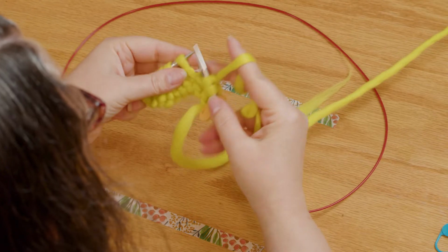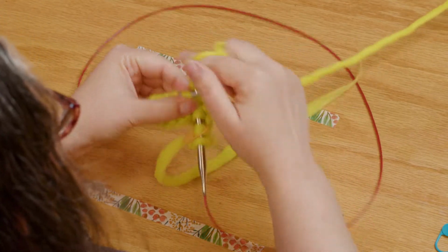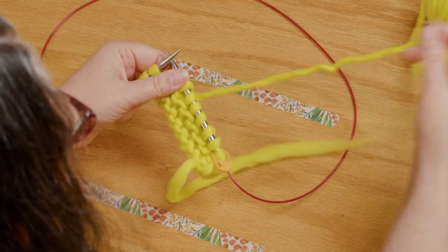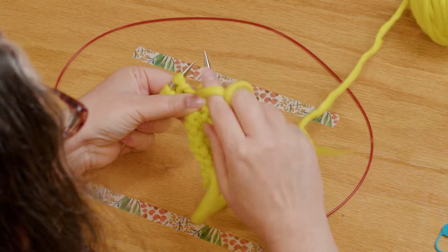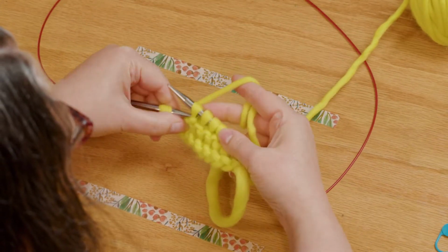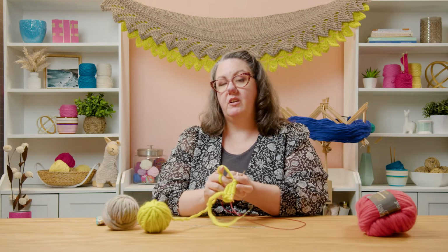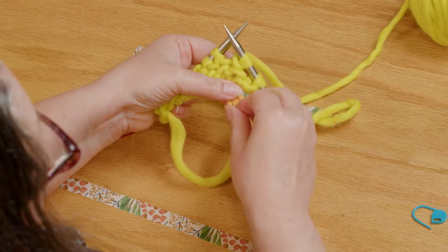So we're going to work across to 2 stitches before the end, which for you will be 62 stitches, if my math is correct. For me, it's like 6. All right, here we are. 2 stitches from the end. We're going to do another wrap and turn. Yarn to the front, slip the stitch, yarn to the back, slip the stitch, and now that you understand what's happening, I'm going to bring the yarn back to the front, because when I turn it over, it will be in the back. I'm going to put another stitch marker,